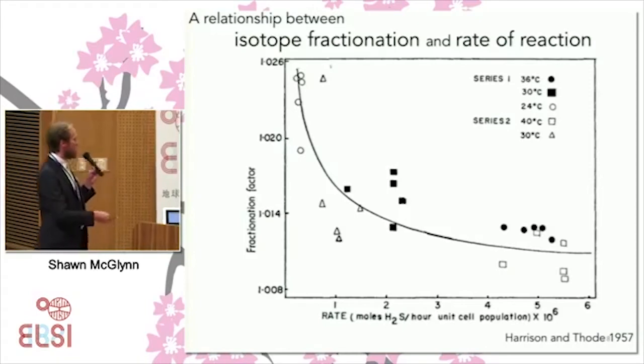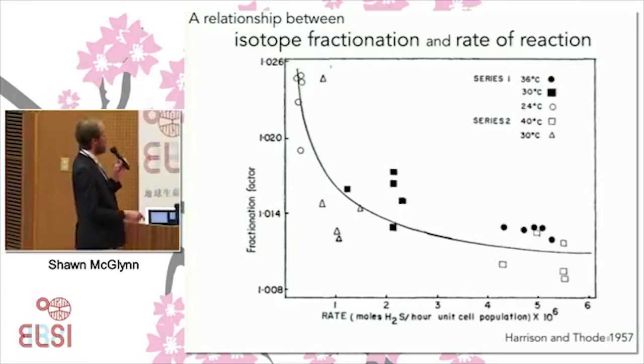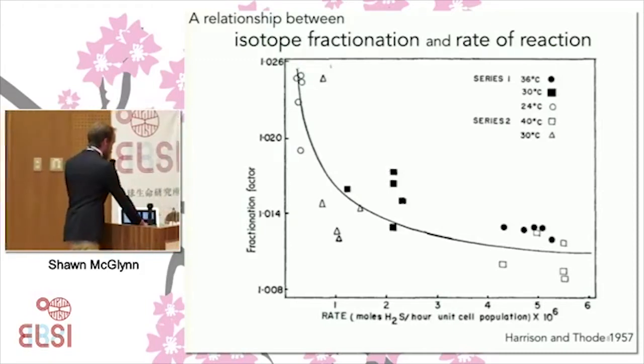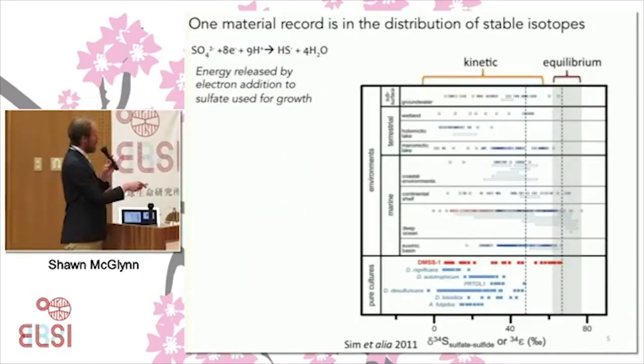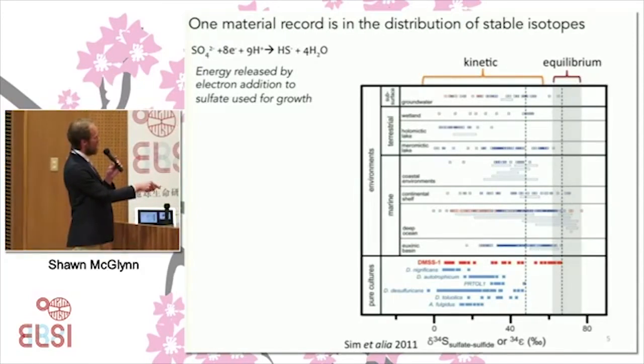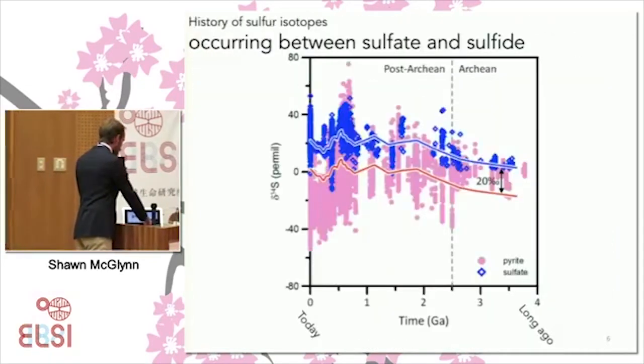So let's explore this diagram a little bit. It's a simple curve, but it's a little bit tricky to think about. I said before, let me go back, that the equilibrium value is essentially set by temperature over here. It's these high values over here. This is around 60 per mil, 80 per mil here. And what biology is doing is spreading the data away from that equilibrium fractionation.